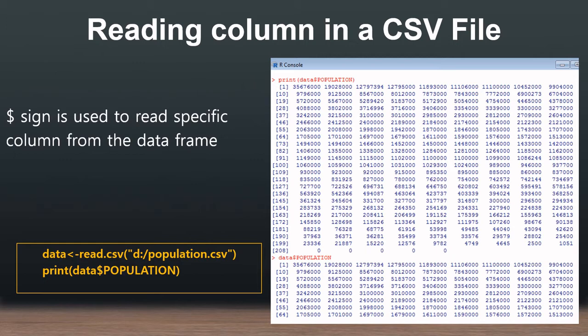The data is a vector, and I am reading the entire population file into the data vector, and from the data vector, as I discussed, the $ sign is used before the population name. So it is going to print data$population, and it will print the entire population.